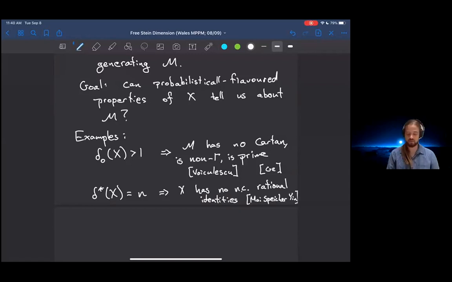Okay. And so again, both of these are telling you that if you have some sort of free probabilistic assumption about the generators, you get some nice and powerful results about the von Neumann algebra they generate. And broadly speaking, all the work in free entropy theory divides into one of two camps, one of two approaches. The first is the so-called microstates approach, and that's where this delta zero lives. And roughly speaking, there the idea is that for a set of generators to be nice means that it can be very well approximated by matrices, by matricial microstates.